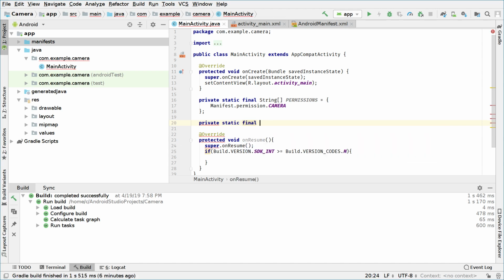This is an int type, so we're gonna say private static final int REQUEST_PERMISSIONS. We will set this to basically any number. It can be 3 or 34, for example. It doesn't really matter, it's just the code and identifier. Okay, so after we've done this, what we will do is we will